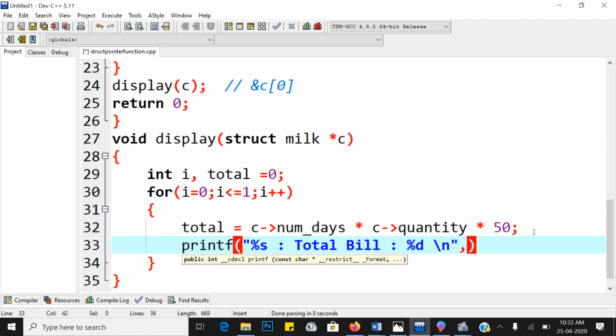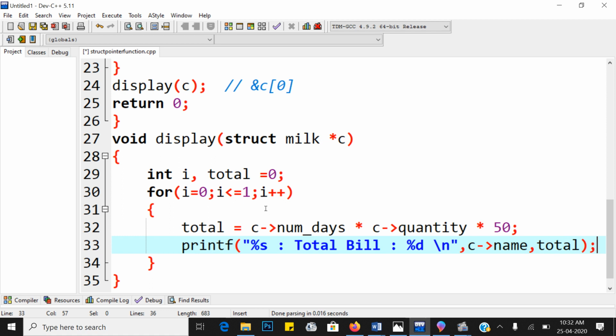From where do we fetch those values? %s we fetch from c->name, which gives you the first customer's name, then c->total bill is equal to total.